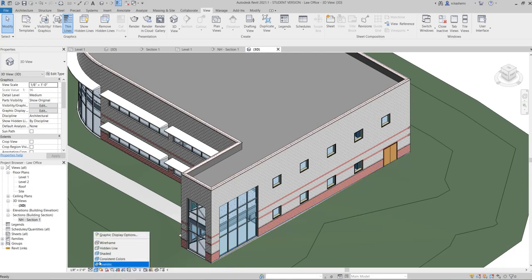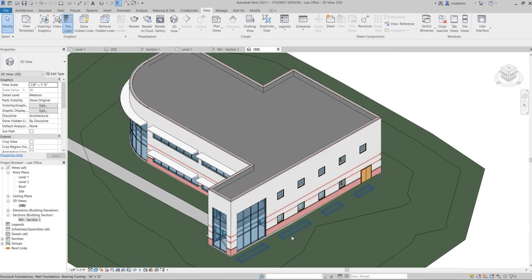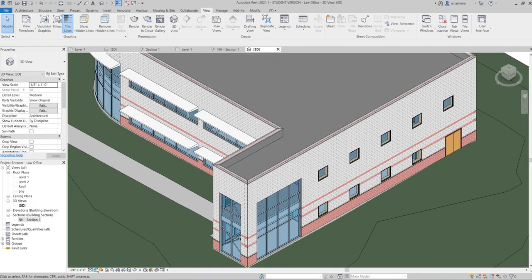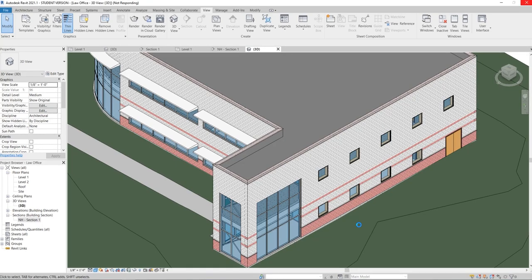Next one is consistent colors, and this is similar to shaded, but it's just a little bit more realistic than shaded. Next one is realistic. Well, it takes a while to be loaded.